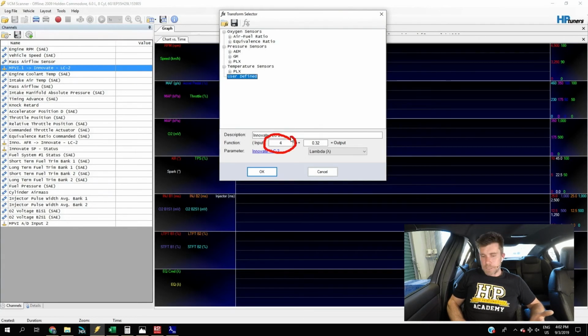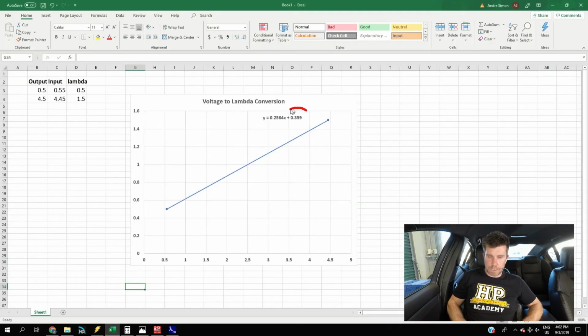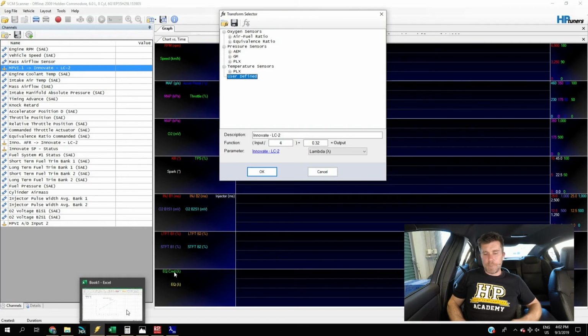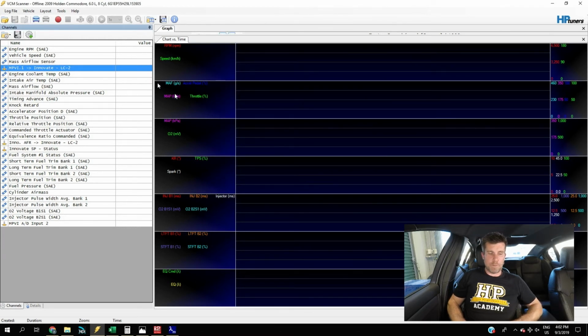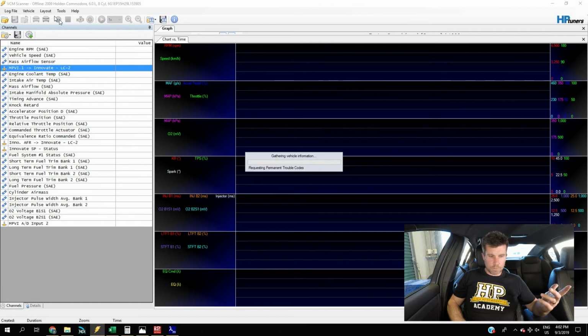What we'd simply do then is come back over here. You can see for the numbers I actually ended up with, that transform function ends up at divide by 4 and then add 0.32. The add is pretty simple. That just comes from the end of our equation there, and that part won't change. So a little bit of really simple math, not very complex, but once you've got that, what you can then be sure of is that the values that you're going to get into the scanner are going to be real, are going to be believable. And now what we can do is click record here.